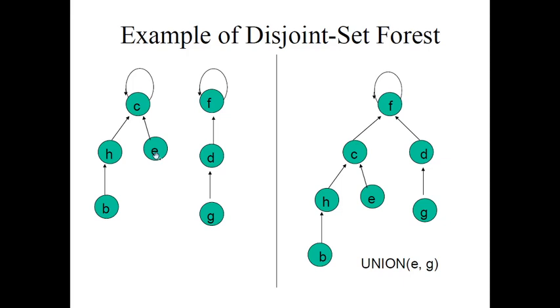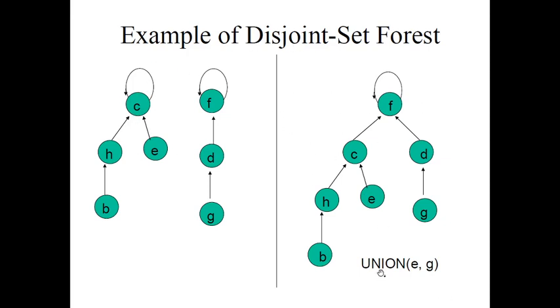Find set E means each find set operation will give you the name of the representative, and actually the representative is the root, that is C. Therefore find set E means we will reach C, then we will search for its parent, that is C itself. Therefore finally C will be returned. Okay, how many operations do we require?